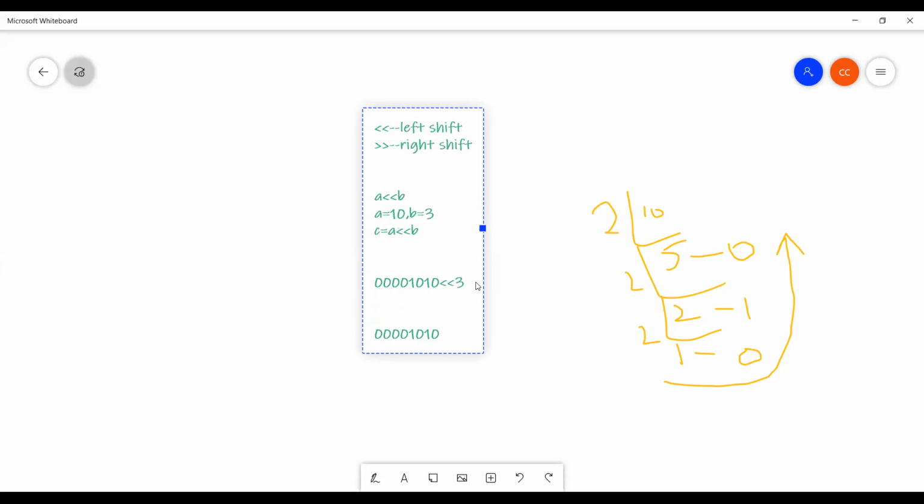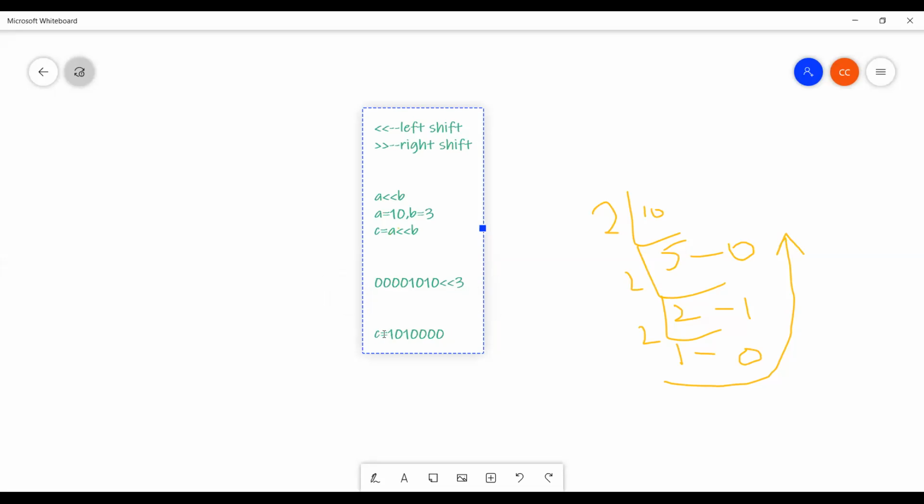In this binary value, you drop 3 values at the left side, because this is the left shift operator. Dropping means removing, and you put 3 zeros on the right side, 0 0 0. So this is the C value finally.